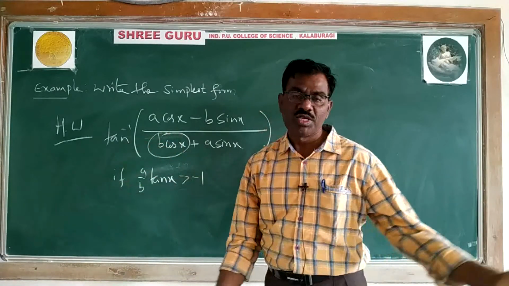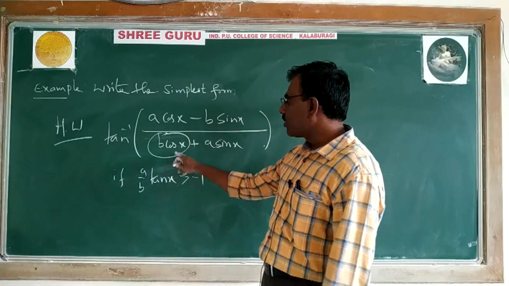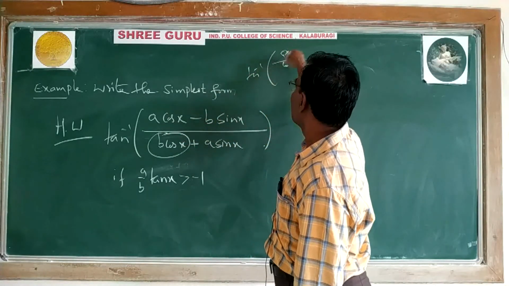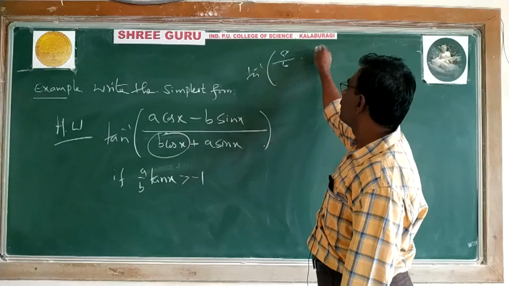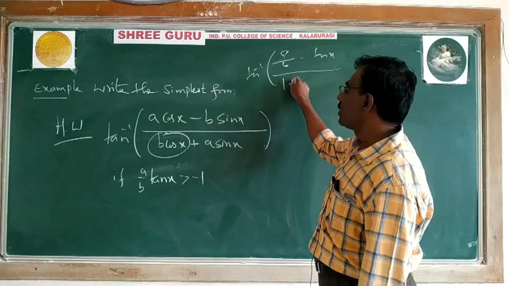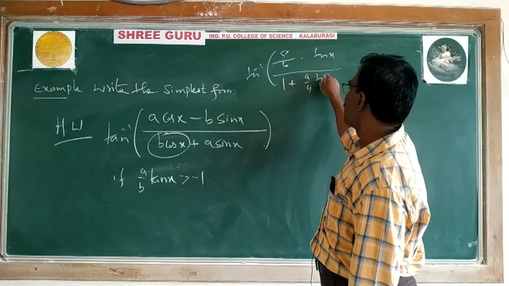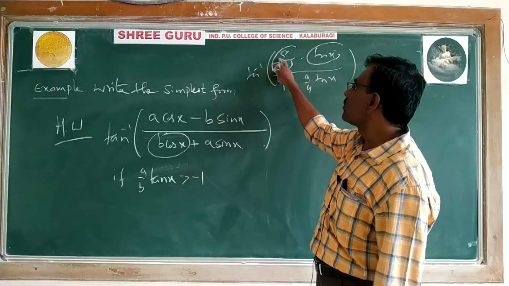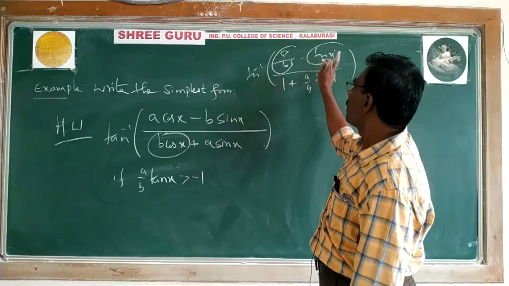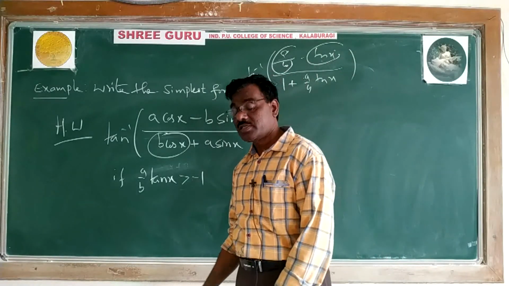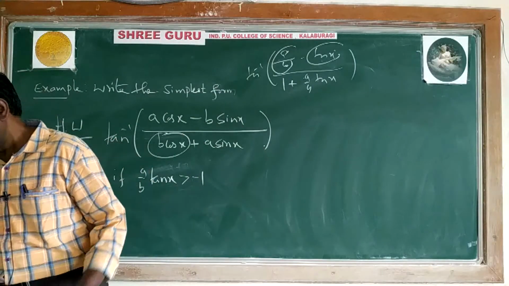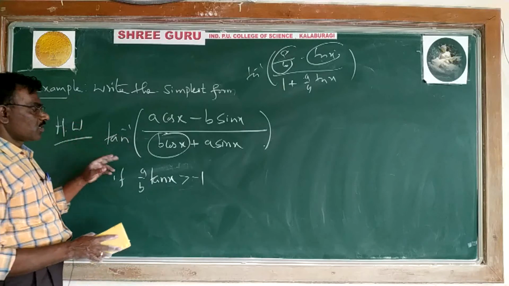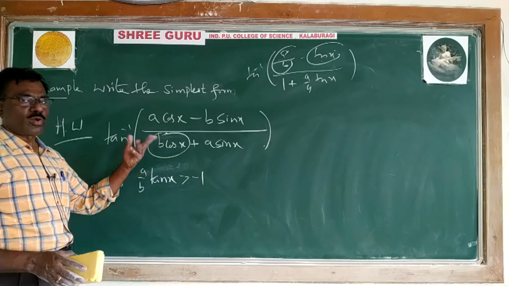Divide by b cos x. Divide by b cos x बोले तो क्या आता है? Tan inverse of a by b आता है. A by b, the b we cancel, minus tan x, 1 plus a by b tan x. So this is x, this is y. Tan inverse of a by b minus what? Tan inverse of tan x, x. Okay? Just I explained, just go through the steps only. In this type of problems always divide only. This number divide करे तो इसको 1 आता है, formula आता है.